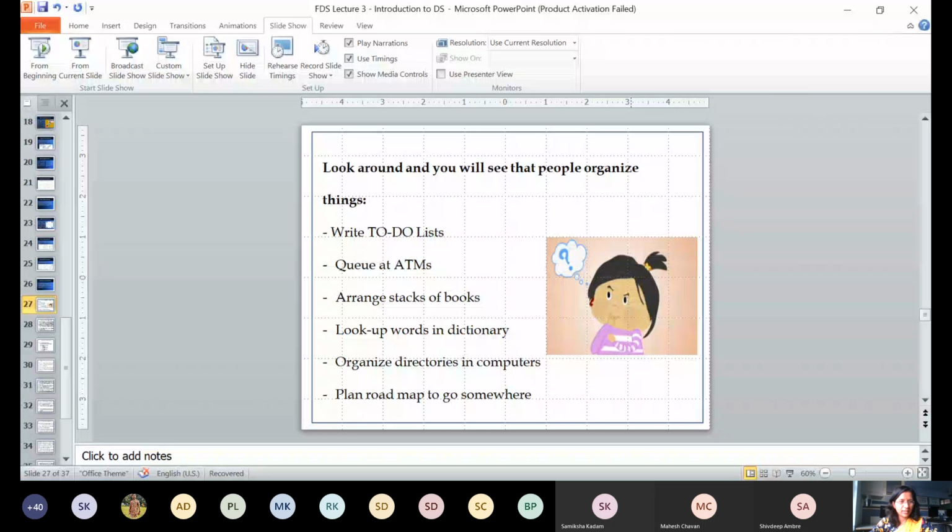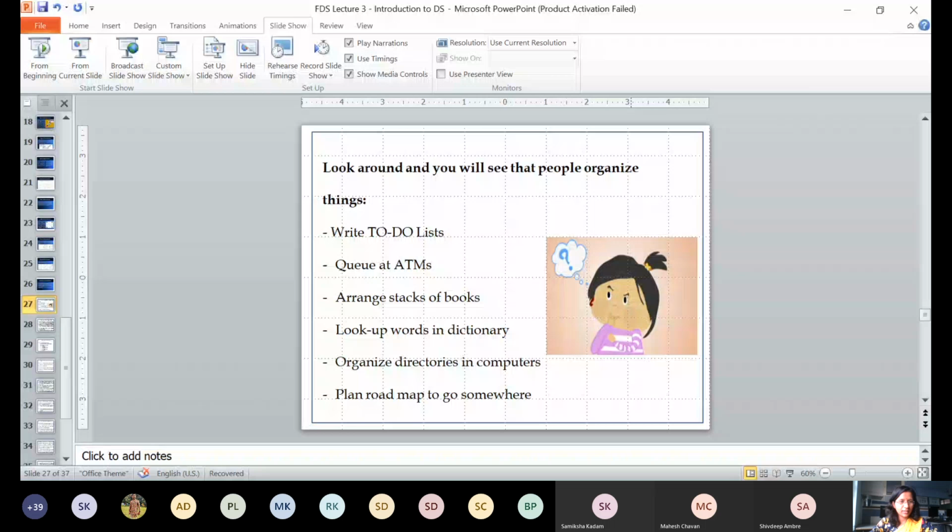What is there in a to-do list? This is the first thing that I want to achieve. For example, now you are in second year computer engineering. What can be the first item in your bucket list? Say, after passing out from the college, I should get a good job. Once you get a good job, maybe the second item can be to get promoted by getting more salary or a bigger package. After that maybe you'll get married to somebody, right? So like this. Okay, so for a to-do list, which data structure you will use?